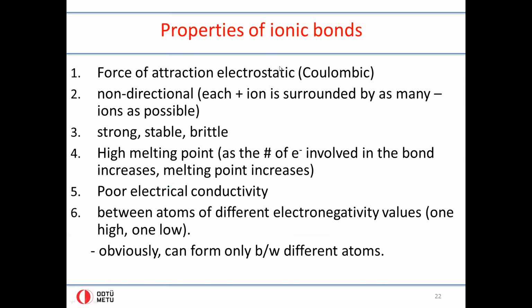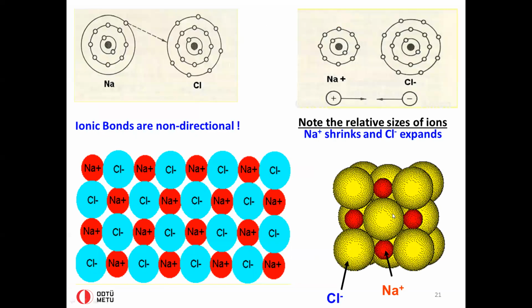Forces are electrostatic or coulombic. The ionic bonds are non-directional. So this was stated in the previous slide as well. Each plus ion is surrounded by as many negative ions as possible. So what this means is, if you count how many